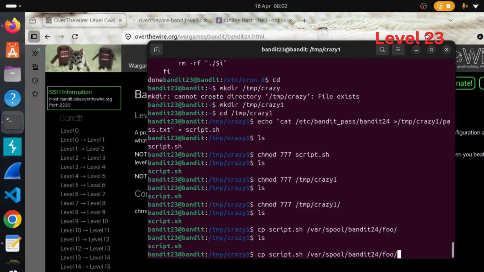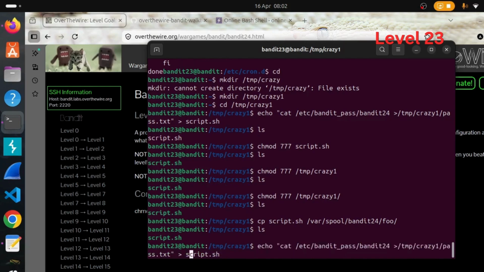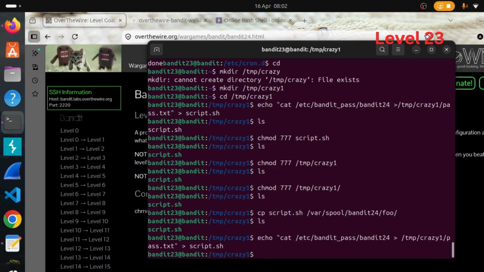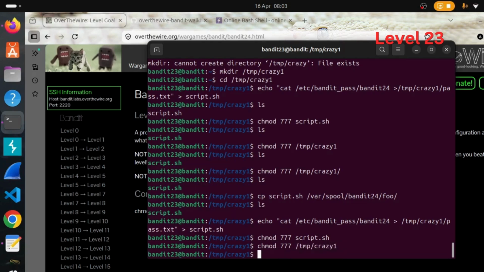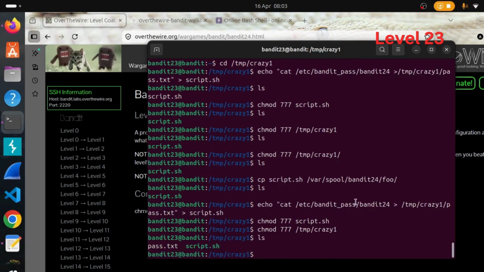okay, then I must have done something wrong in our script. So go to the script. It's very case sensitive. Do this, hopefully this works. crazy1, pass.txt, yep, and chmod 777 script, chmod 777 /tmp/crazy1. Yep, now I got it,